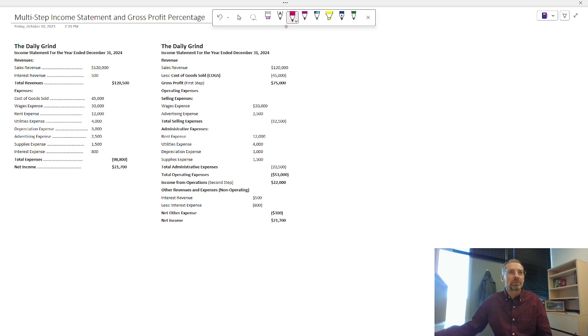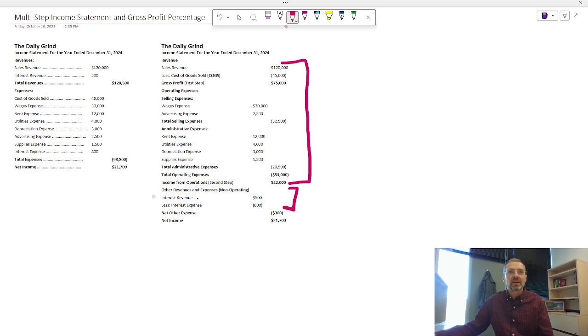Instead of a single step, which is revenues, expenses, one step to get to net income. Net income is revenues minus expenses. So that's the one step. Here we have multiple steps to get there. We're going to calculate a bunch of subtotals. The first thing that we need to do is separate our operating stuff from what doesn't actually have anything to do with our business type of stuff.